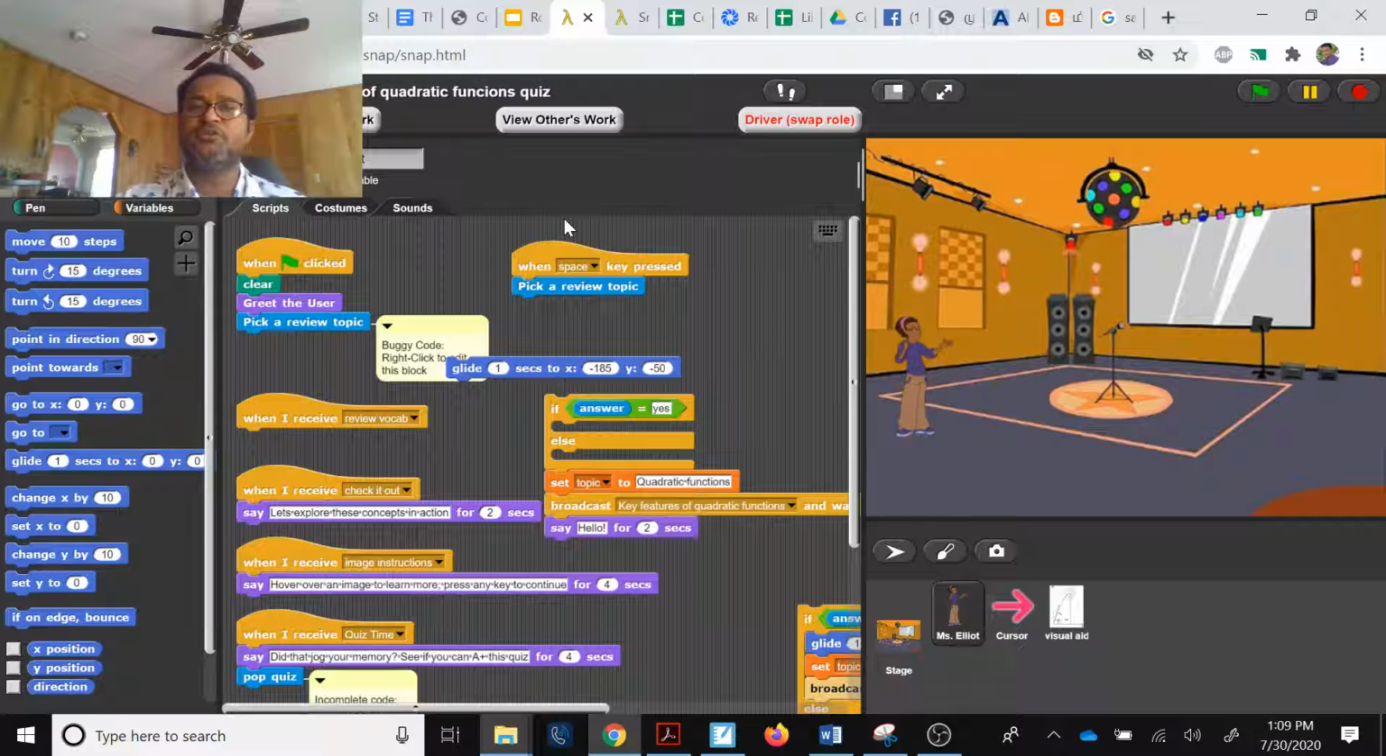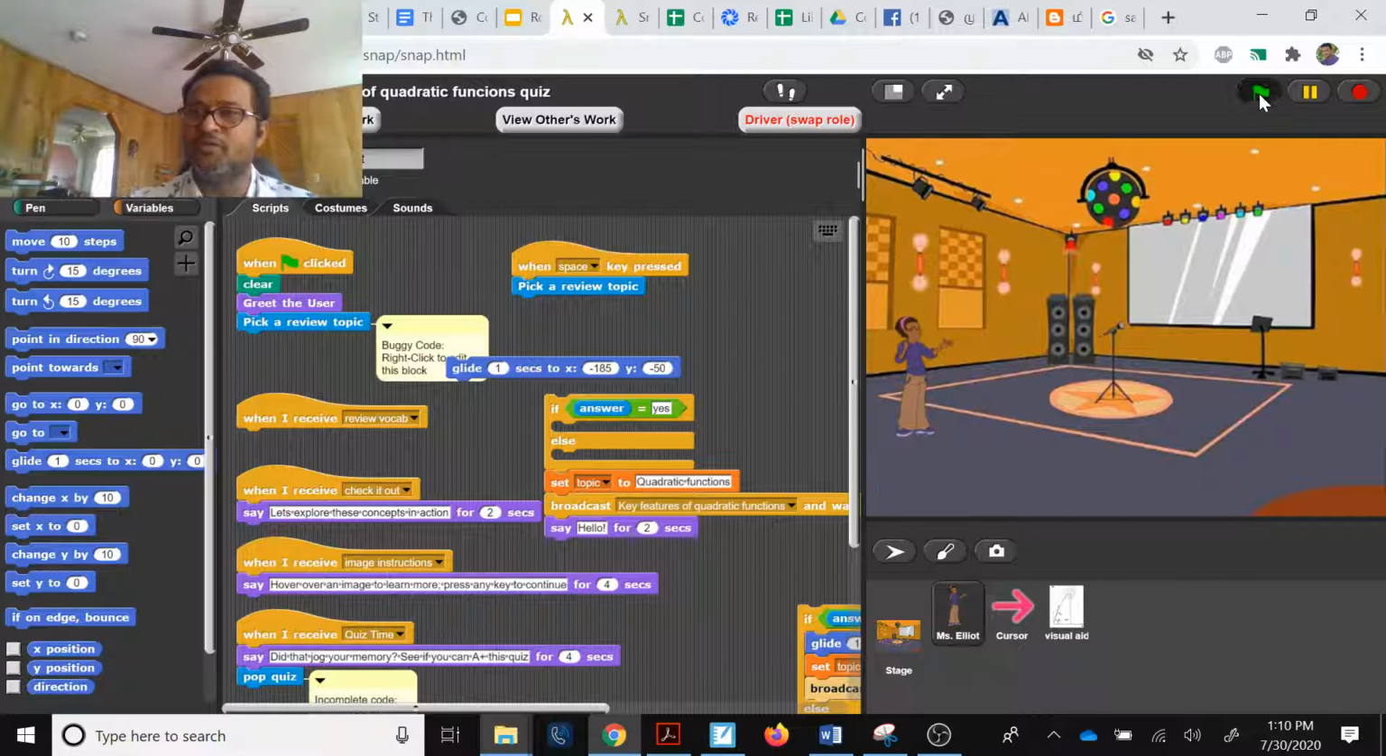So there are two parts to this project, and one is called the key features of quadratic functions quiz, where a teacher comes on and reviews the topic first before the students are able to play the game. So the review is in the form of a quiz. The students will be asked some questions, and then they're expected to answer. So if I can show you how it's played,